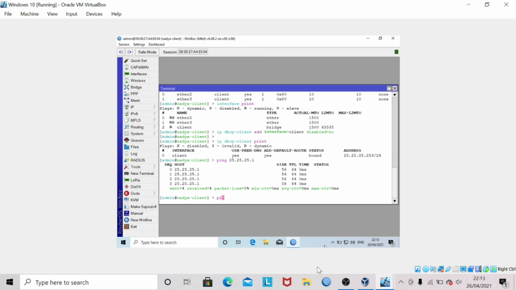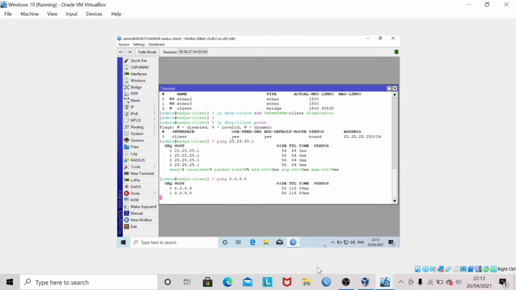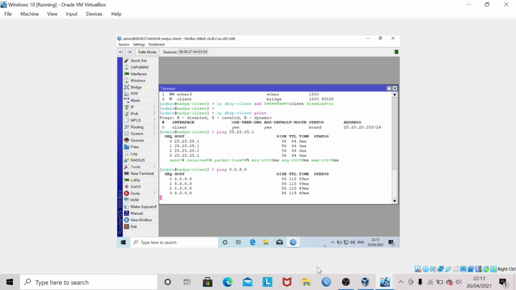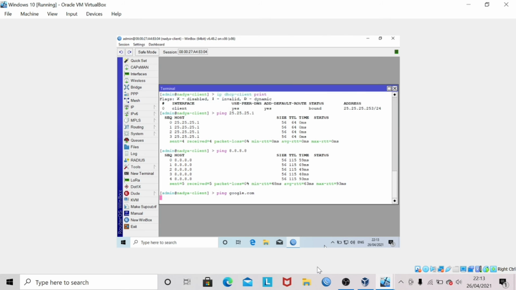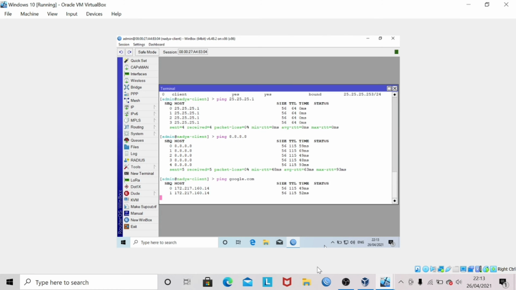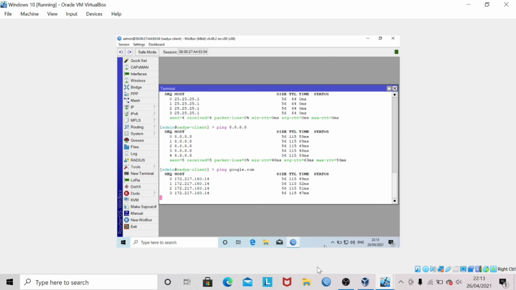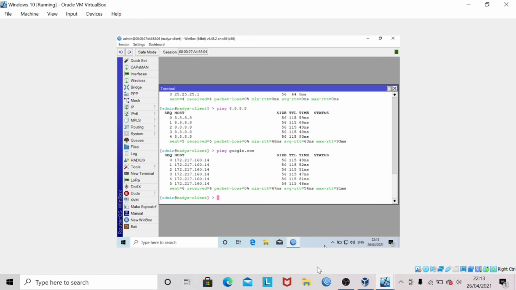Second, ping DNS Google. Then ping google.com. And the result is reply, which means that the client router is connected to the router server and connected to the internet.